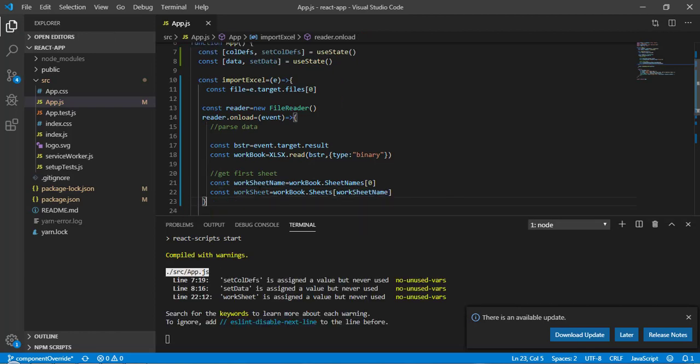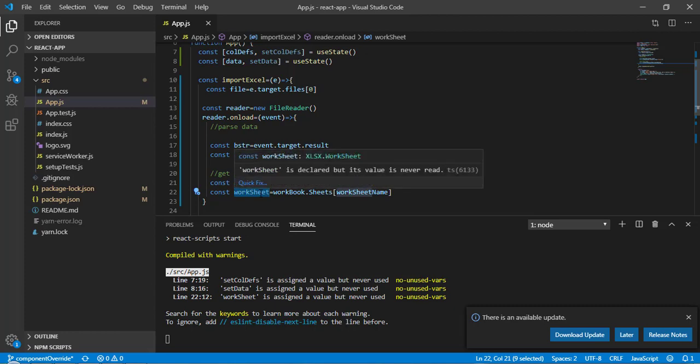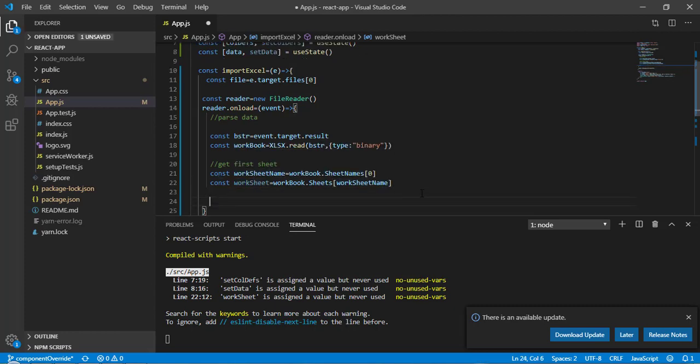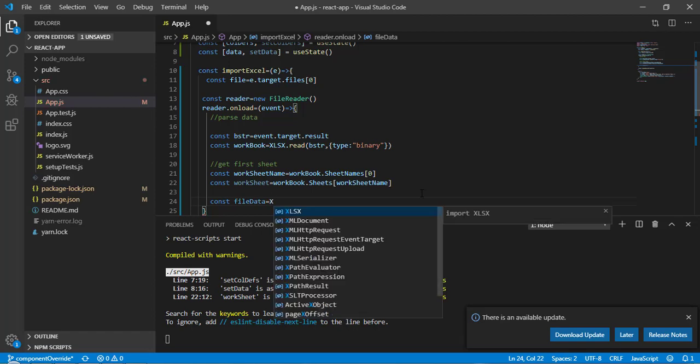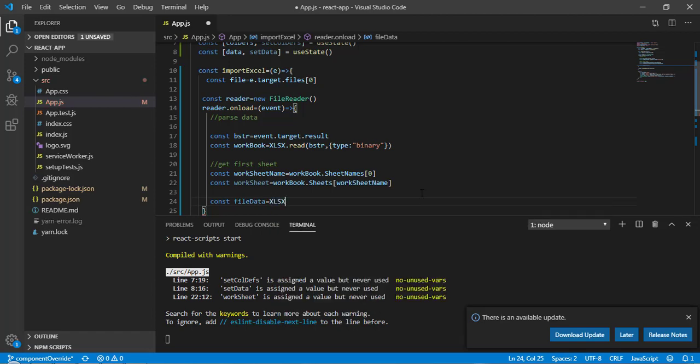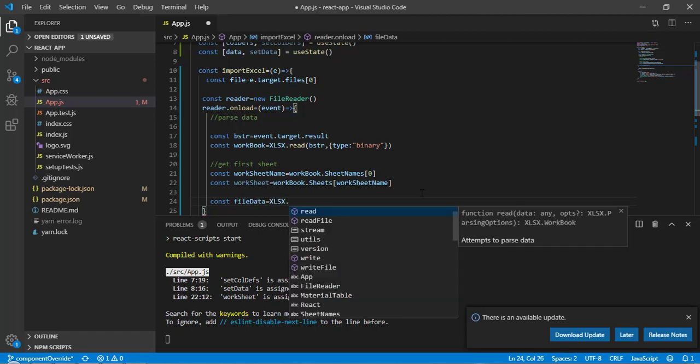Now what it will do is retrieve the first index, that means the first sheet, and it will give me the data. Now we need to convert that data into an array. So for that I will write const and call it fileData, and here XLSX dot, and we have to go through the utility function.